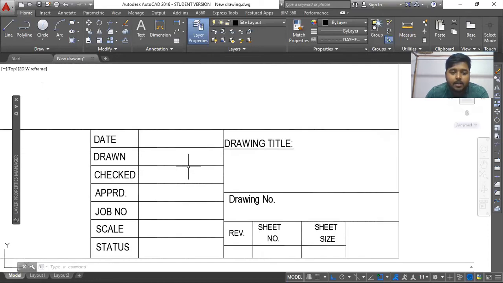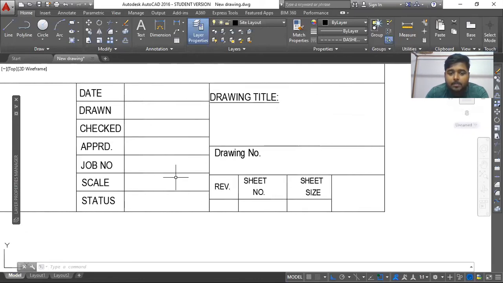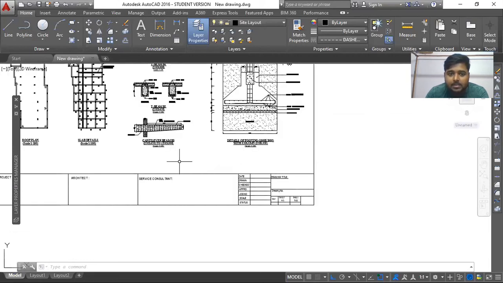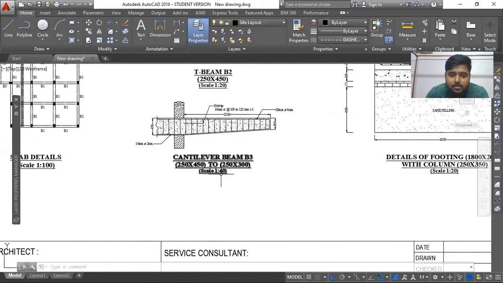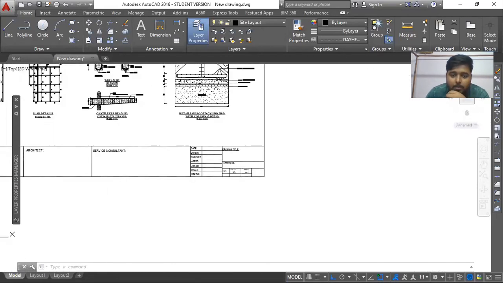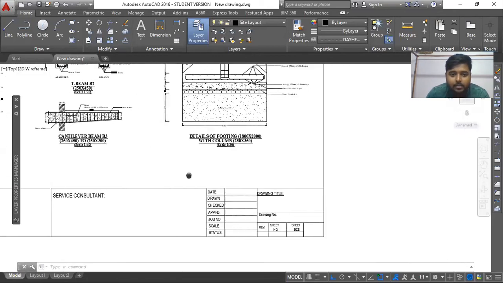Then the date, whether it is checked, job number, scale. Okay, then status. And if your drawing includes multiple scales, like in my case, this plan is in 1:100 scale, and this particular beam section is in 1:40 scale, so you can mention the varied scale here, because your scale is varied.